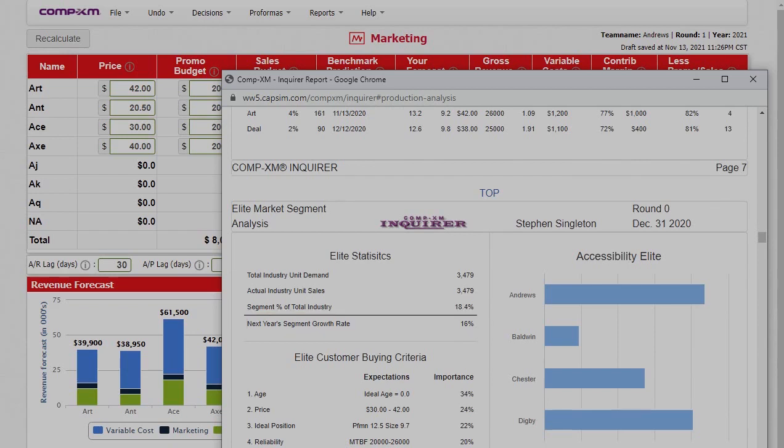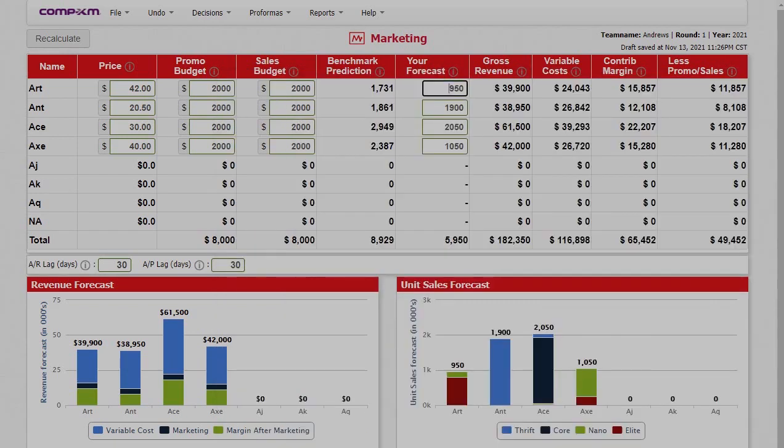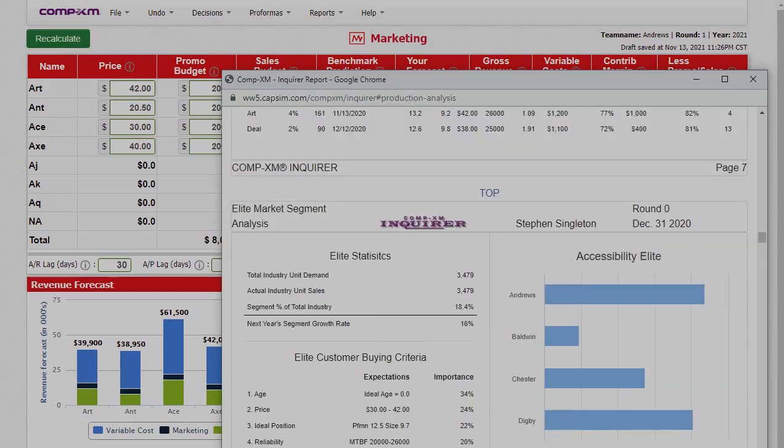So if we do that, we'll find that we can sell 977 units for art in the current year. Our next product is ant, which is a thrift product. So for the thrift product, here is where the problem is, the most of it, because you see